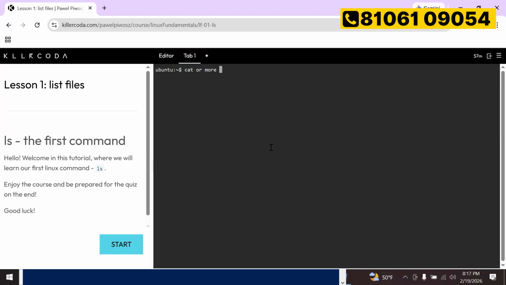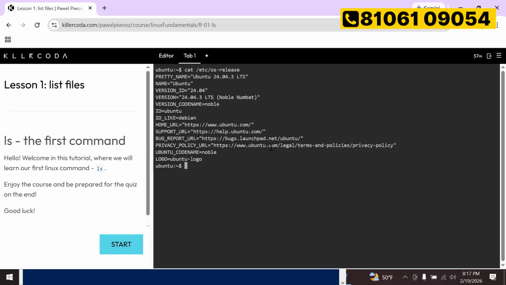Sometimes in interviews, they'll ask, which operating system are you using? Let us say I said Linux. Okay, Linux is fine, but which version are you using? How do you get to know which version? You can simply run cat /etc, where all the configuration files are kept, os-release. The os-release file maintains all your operating system details.